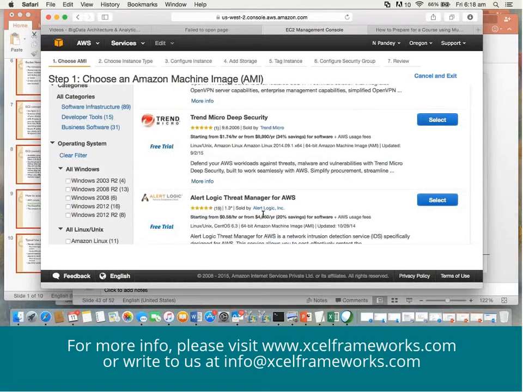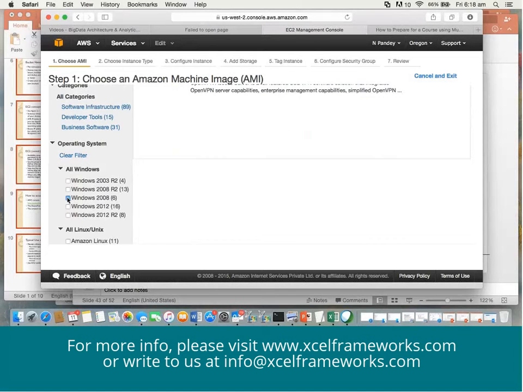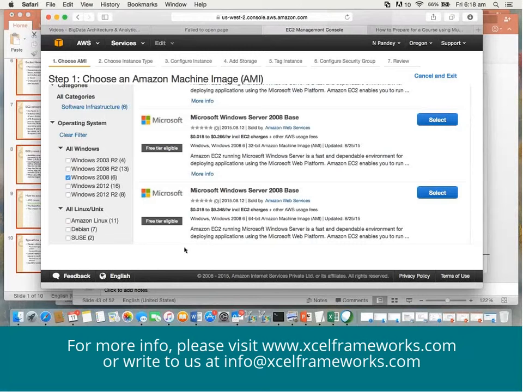Now for example, here I have a shortcut. I can take up Windows 2008 if I want, right? But please see here what the charge will be that you need to pay. You need to pay from this to this per hour, including EC2 charge and other AWS usage fees, right?